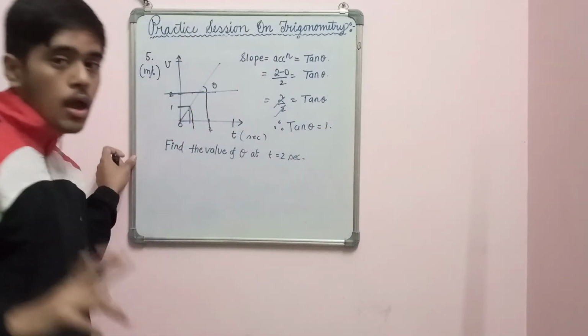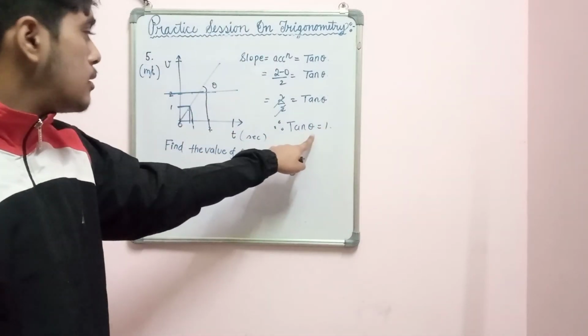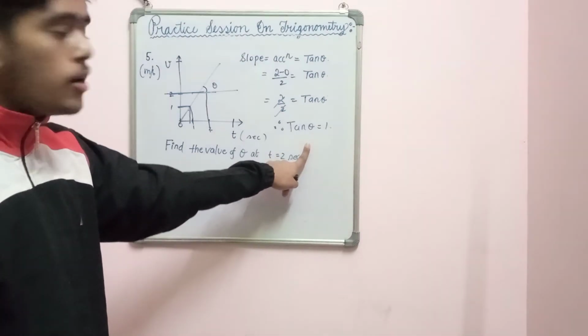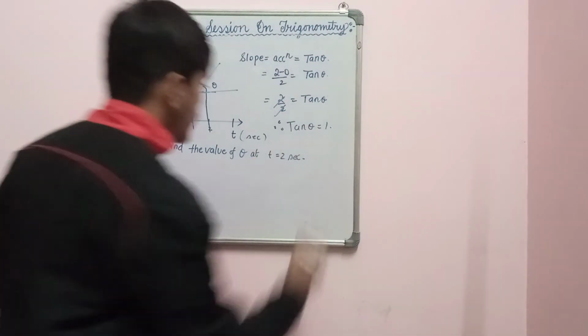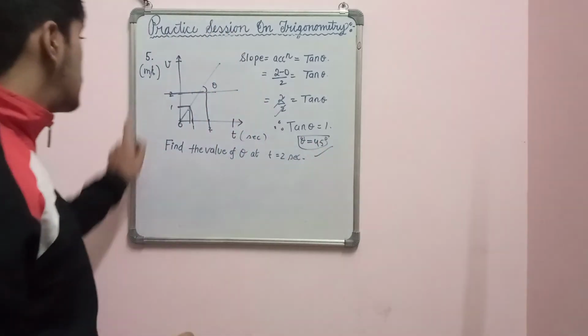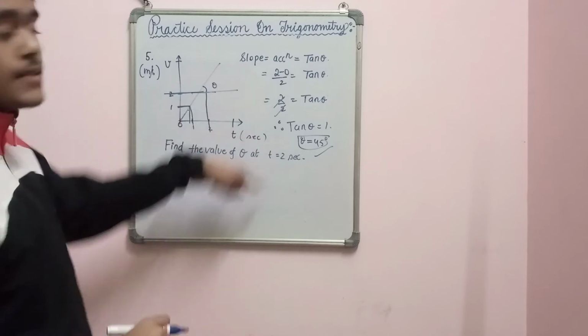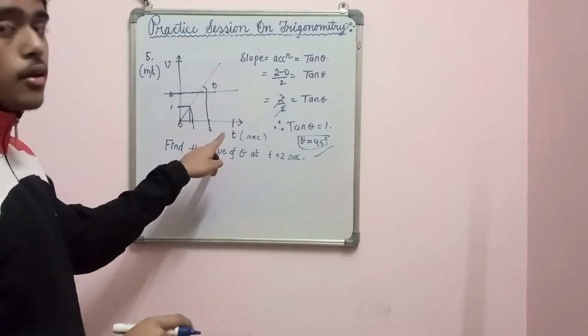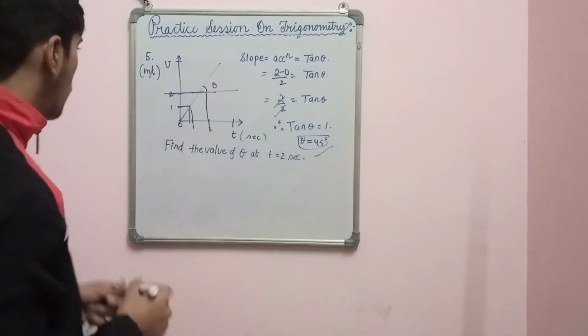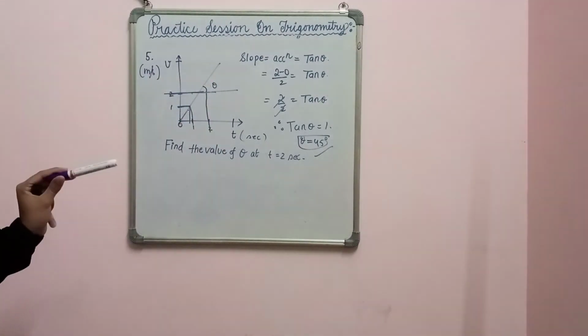Now remember at which value tan theta is 1. If you are able to recall, it is none other than theta equal to 45 degrees. So this is how you solve. This is the application, how you apply trigonometry here. Trigonometry is here, not here, because these are the basic things. Okay, so we have discussed 5 questions now.